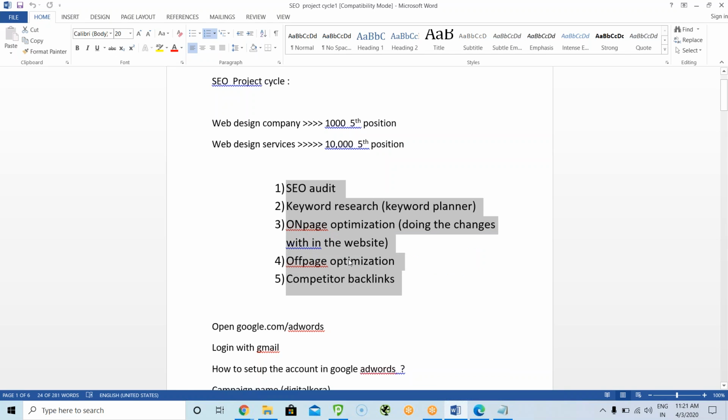So we'll see the importance of these 5 steps and how to start with this. For any website you get, you have to follow the same process. The first one is SEO audit. Auditing is nothing but finding the missing factors present in your newly started website. Whenever a new website is given to you,